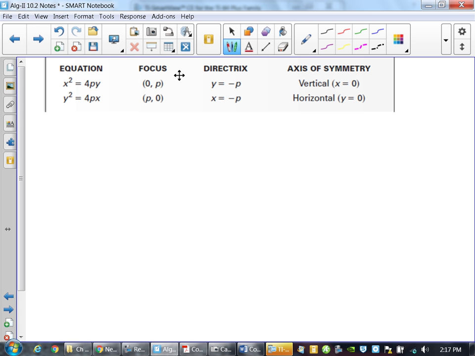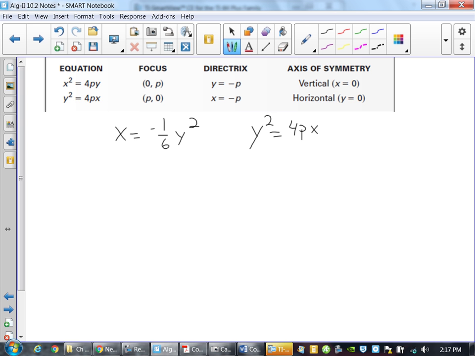If I have x equals negative 1/6 y squared. First things first. Is it an x squared or a y squared parabola? Y squared. So that means it's either going to open up to the left or to the right. Now, we know it's a y squared parabola, which means we're going to get it in the form y squared equals